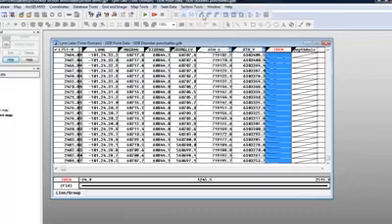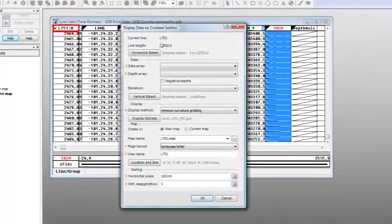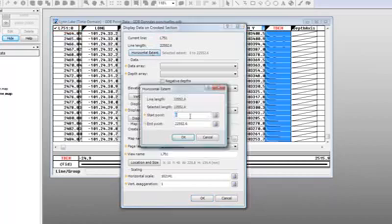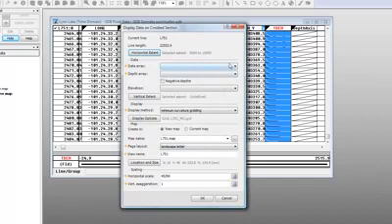The section generated is based on the current line in the database. We have the option to make a section of the entire line or just the segment of the line that you are interested in. In this example, we will plot a portion of the line from 5 kilometers to 15 kilometers. We'll select the data array, the channel that contains our time domain EM data, and the channel that